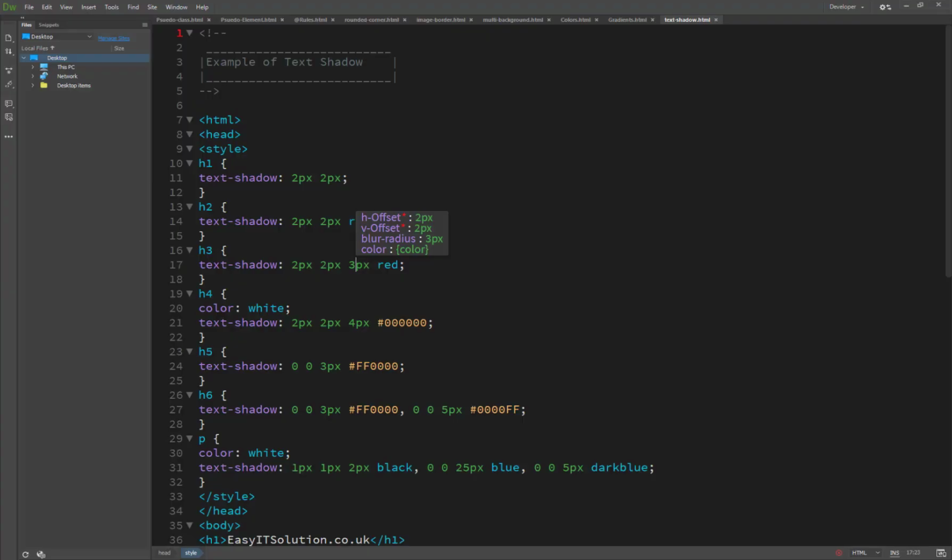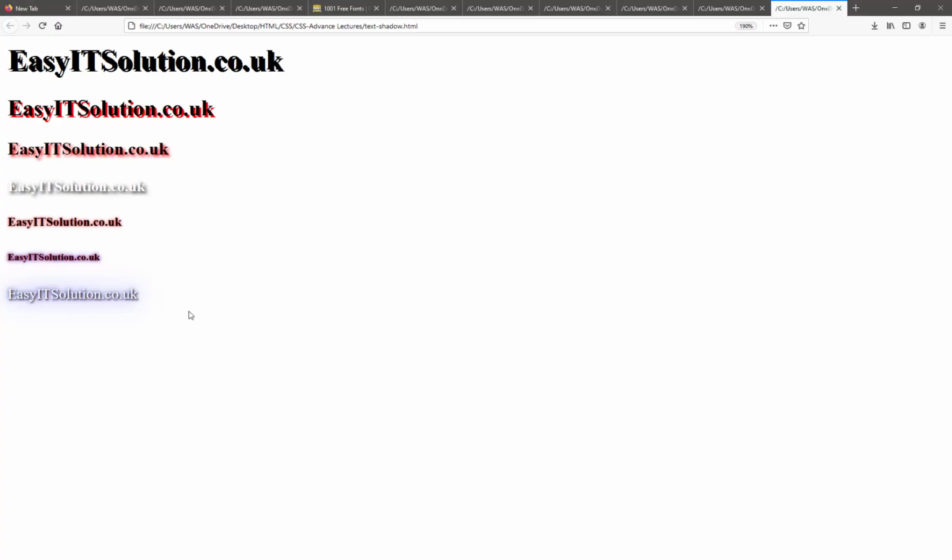And the third one I have used white, is a color white, and this H6 I have used two types of text shadow, one is red and the second one is blue. So you will see here